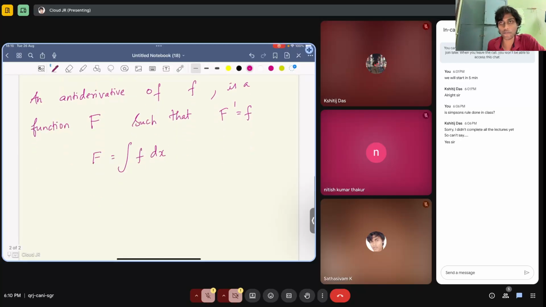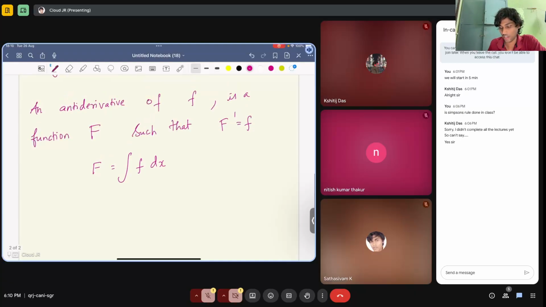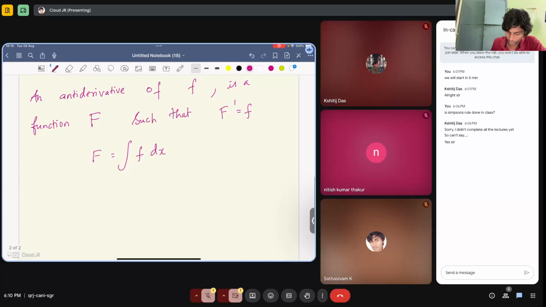Okay, so we have seen some of the theorems about when such an antiderivative exists, and one of the things is if you have a continuous function. So if f is continuous, then the antiderivative exists. Then integral f dx exists, and we also have seen